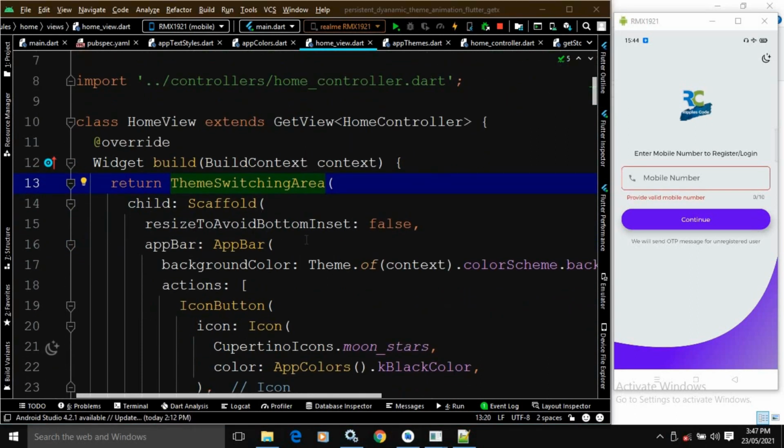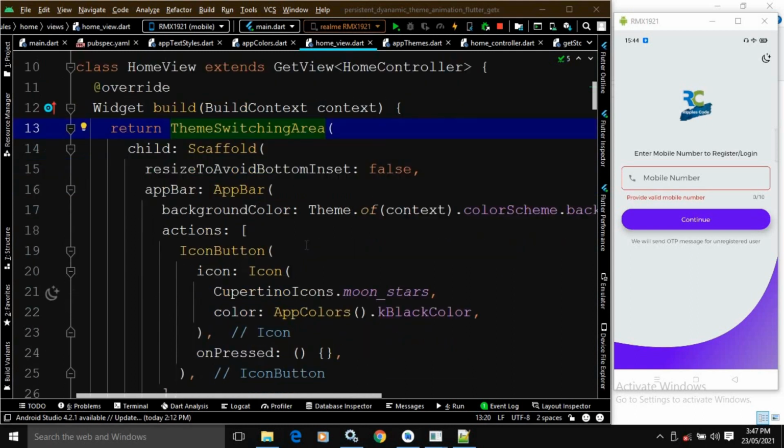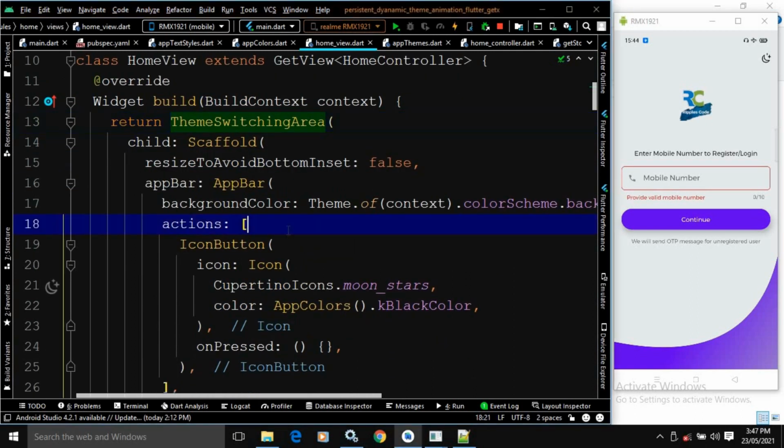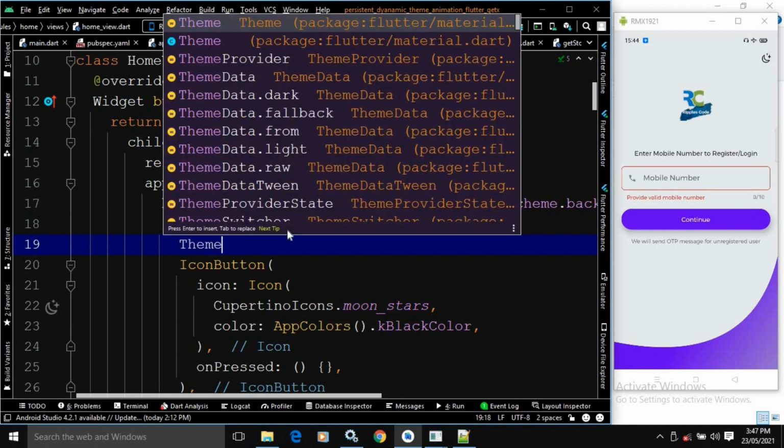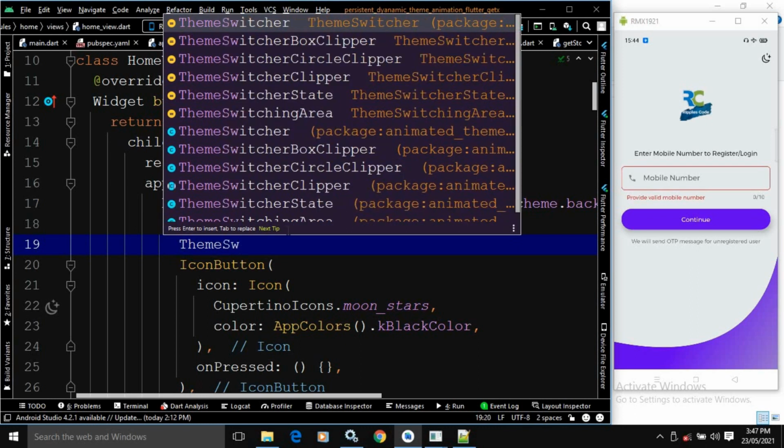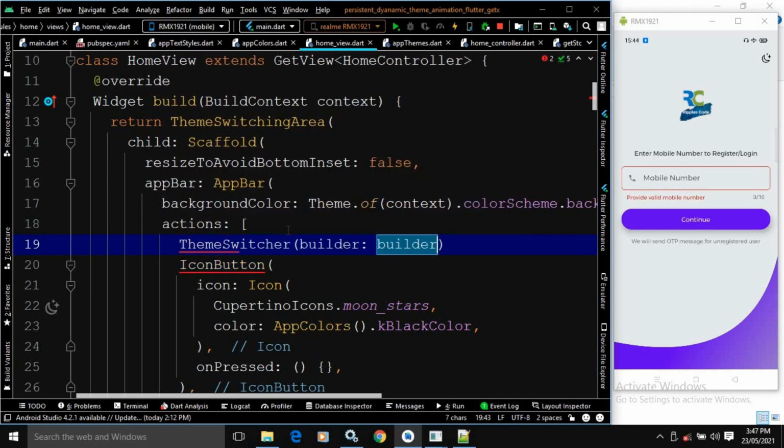Now in the app bar action, I will wrap this icon button inside ThemeSwitcher. This is also provided by that particular package, that is animated theme switcher, right? ThemeSwitcher.